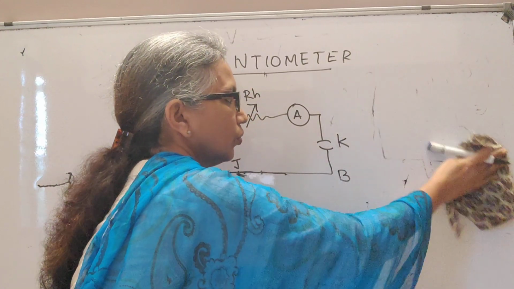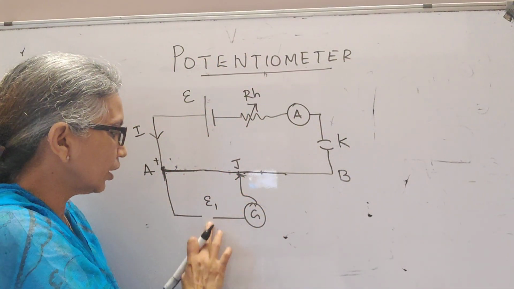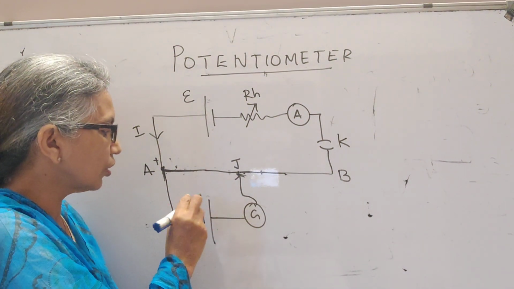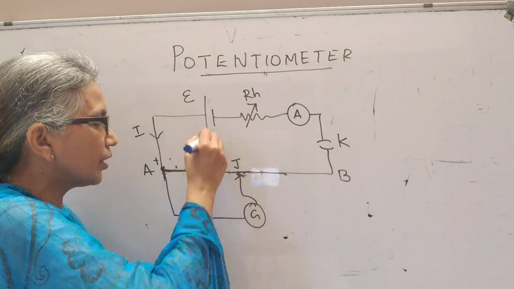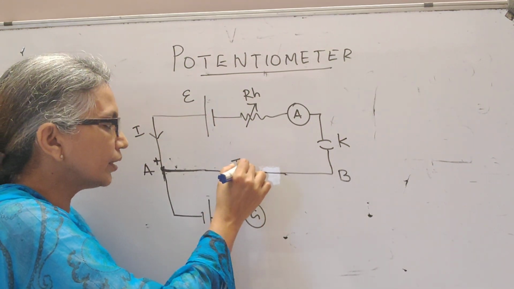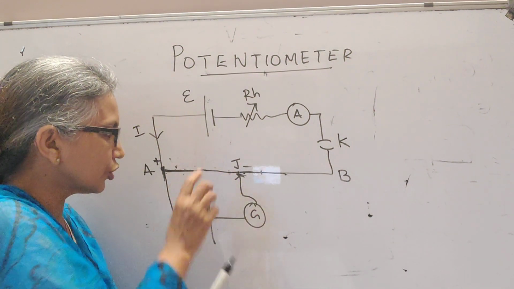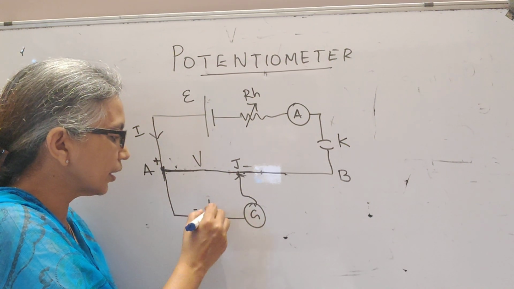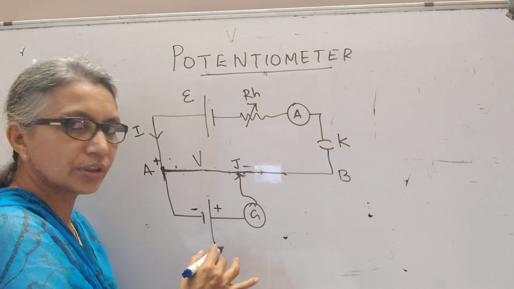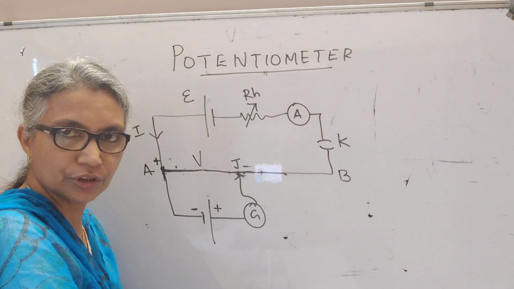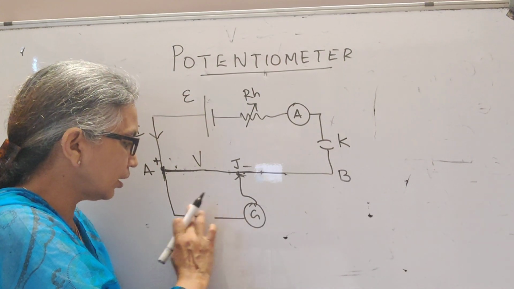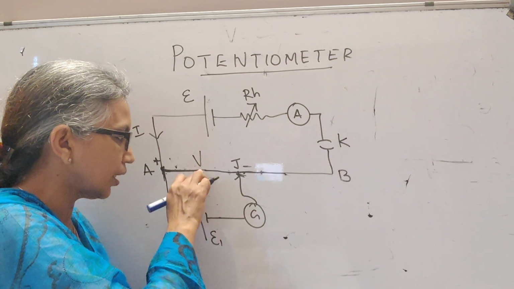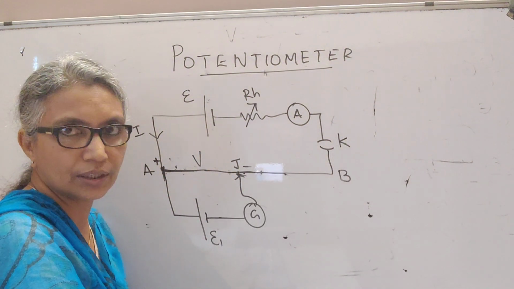So here suppose unknowingly you connected like this. Then this is the driver cell terminal, so this end is positive and this end is negative. For this voltage, we have this end as positive, this end as negative, and this cell, this is negative and this is positive. Such a connection, you will never get zero deflection. So you have to connect your cell in this manner. Only then will the two voltages, this and this, send zero current through your galvanometer.